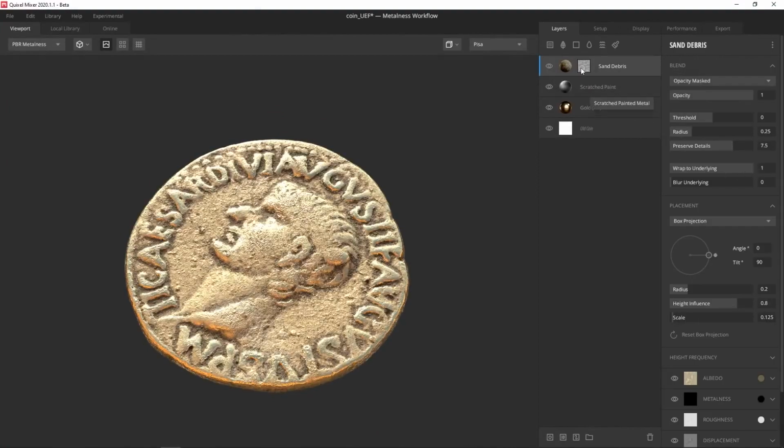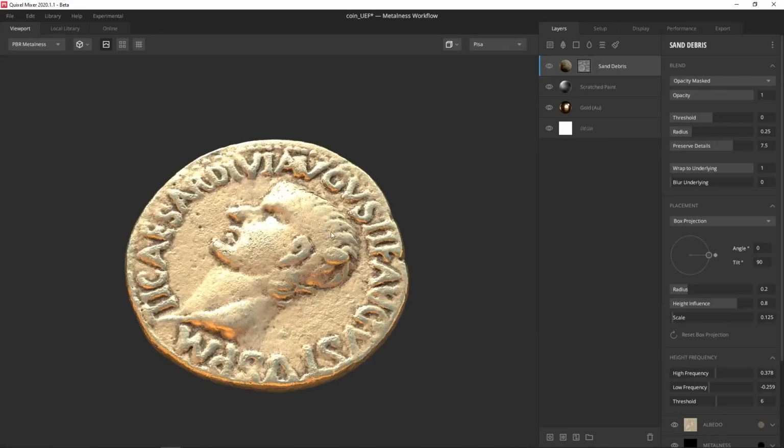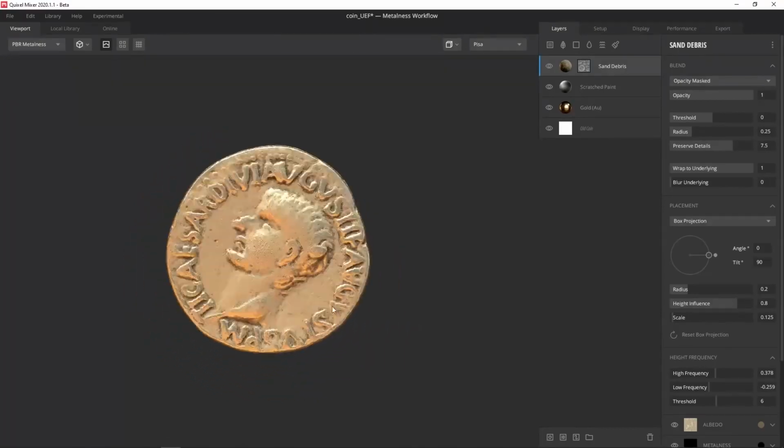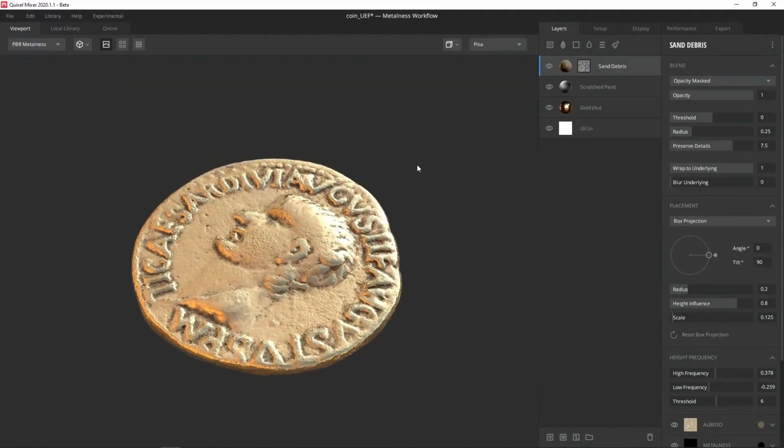So it's kind of getting both of those effects for us in one. So once again, this is just a really simple mix, but I think it's good enough for a ground scatter element. Now, one thing I want to point out here before we move on is that there are a couple